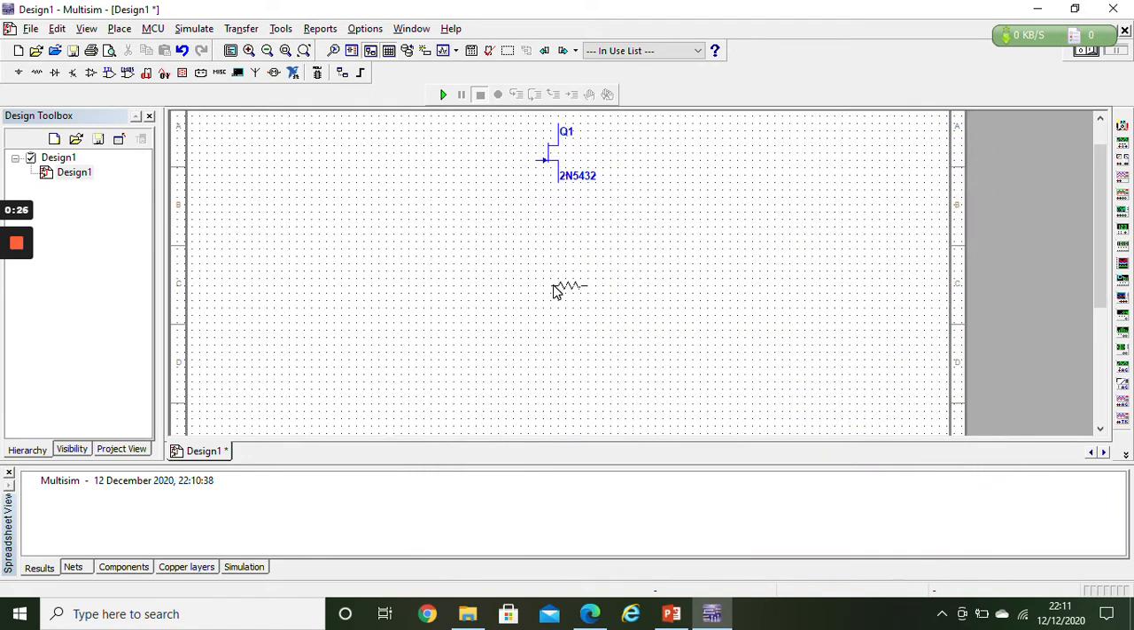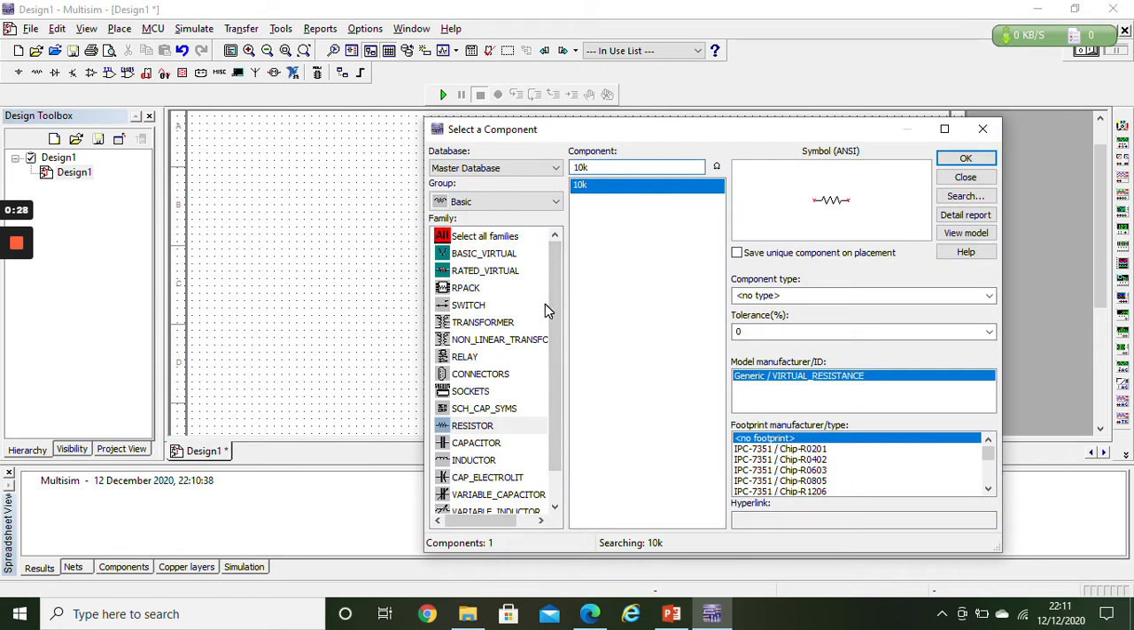Resistors आपके होंगे जी, 10K. Okay, there were two sets of 10K, so let's place one more. 1, 2 and 3 resistors and 2 capacitors. Capacitors are